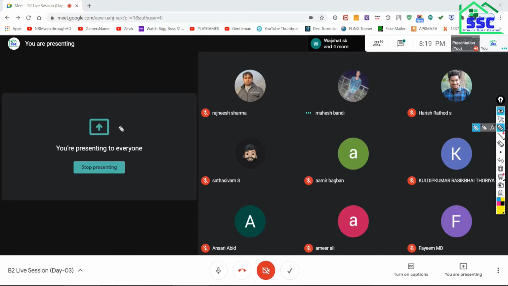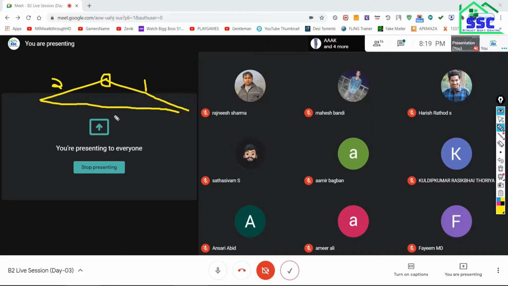This is the first member, this is the second member, and this is the third member. All these members are connected at their ends only.